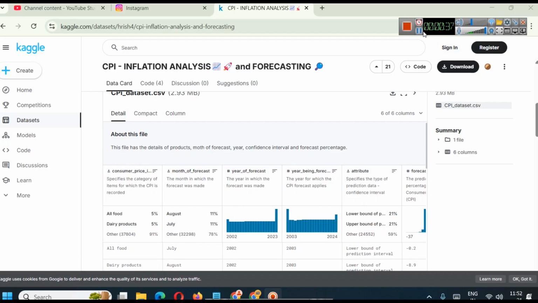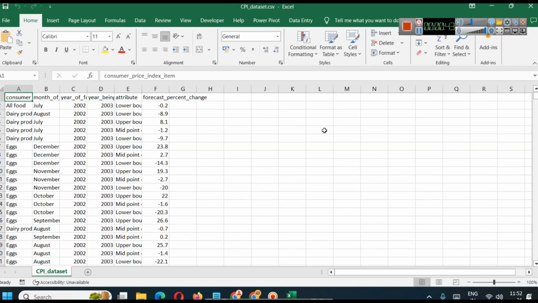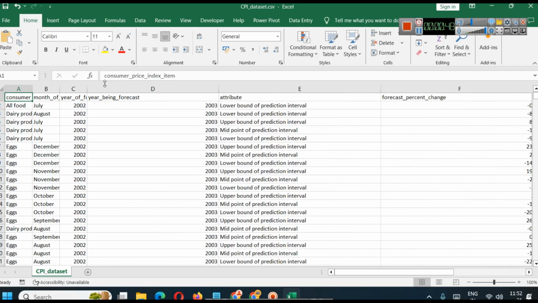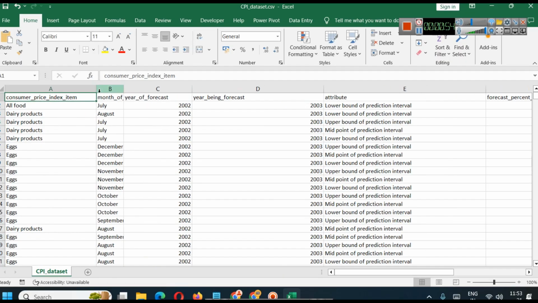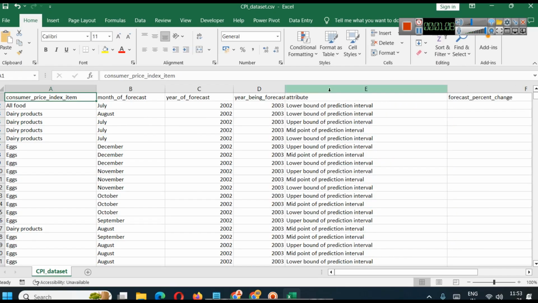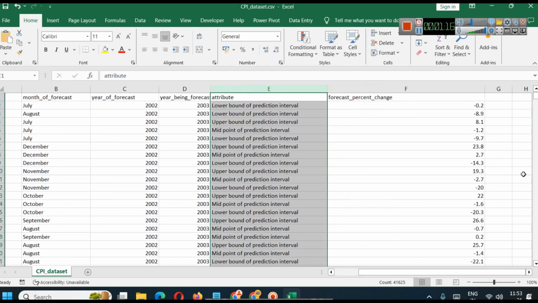So let's see the file first. When you download the file, you will see this CSV file here, and in the CSV file you can see we have these columns, right? So first is the consumer price index item, which is a categorical data like all food, dairy products, egg, fish and seafood. Then we have month of forecast, year of forecast, year being forecast. Then we have attribute like lower bound of prediction interval, midpoint of interval, and we also have the forecast percentage